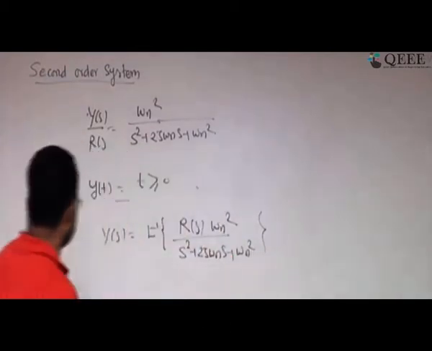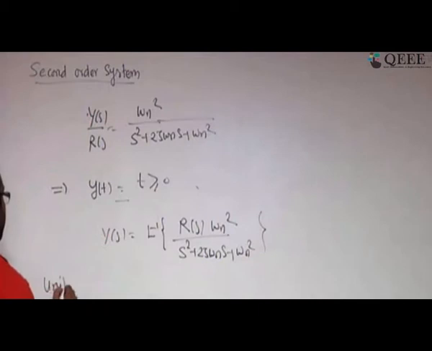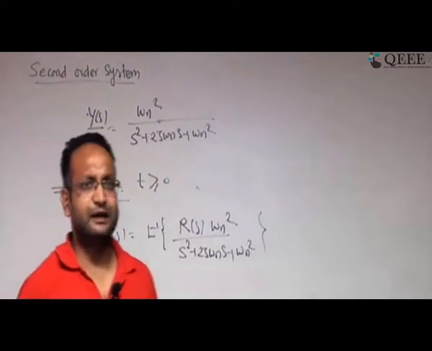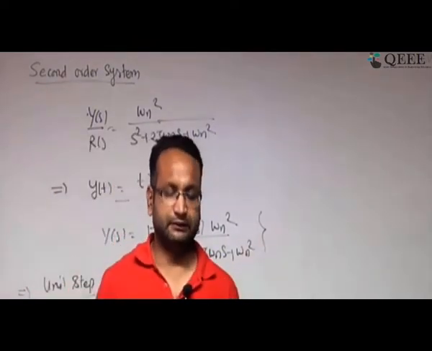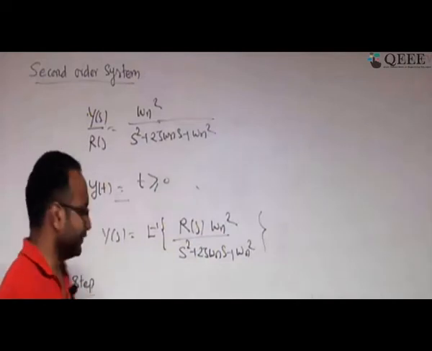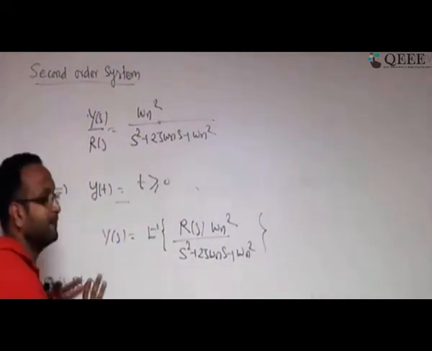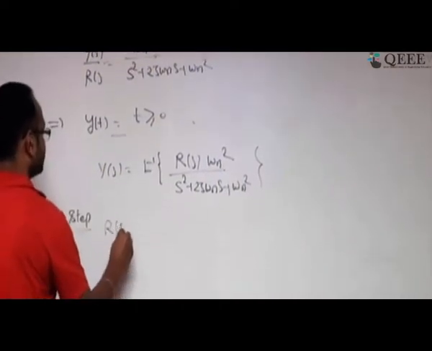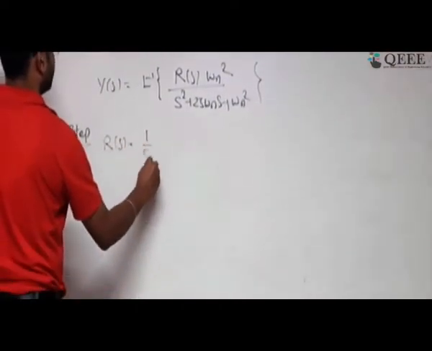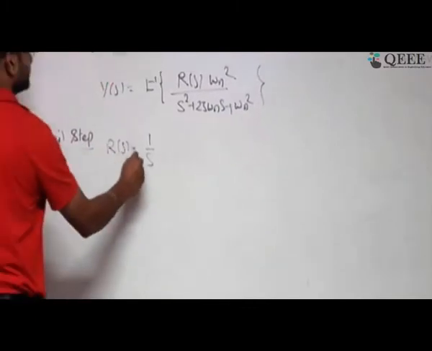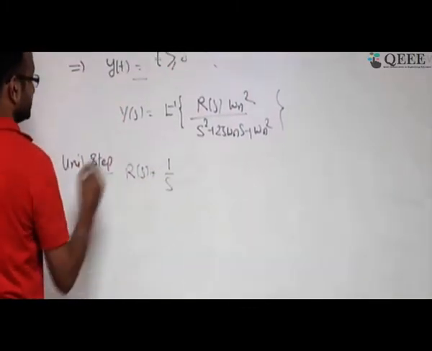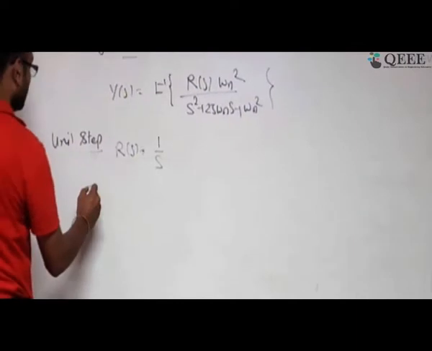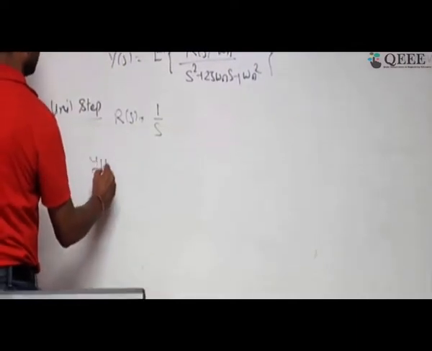Okay. So let me understand with the unit step input. Because once you know how the unit step behaves, the unit ramp also behaves similarly, and parabolic also we can extrapolate. So I am going to analyze with respect to unit step and unit ramp only. So in that case, what will happen? R(s) is going to be 1 by s. All of us know the Laplace transform of the unit step function u(t) is this. Okay. So your y(t) is going to be